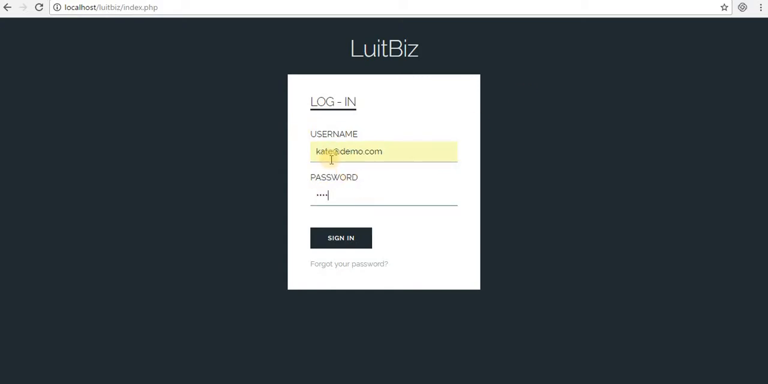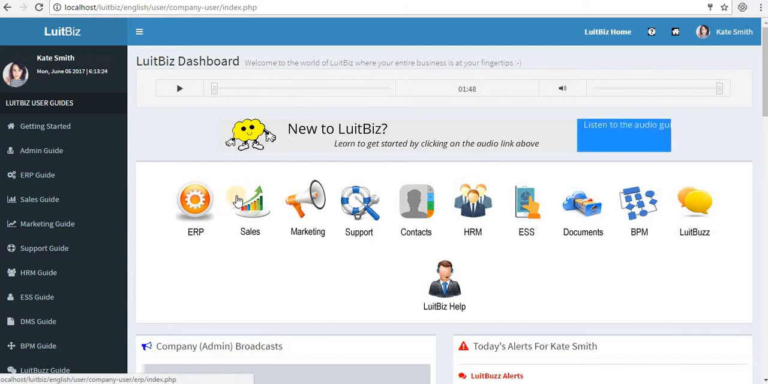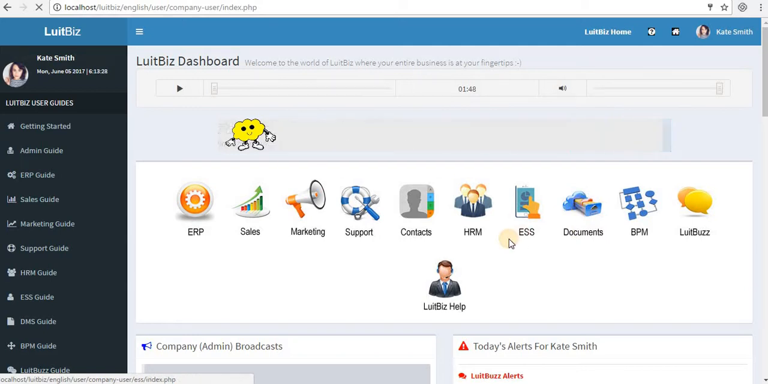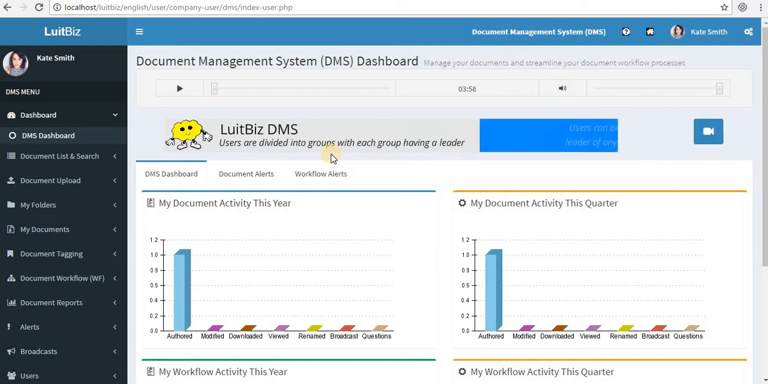Log into LuitBiz with your username, which is your email ID, and password, and sign in. You will see this screen, which is the home screen of LuitBiz, which shows all the different modules to which you have access. Click on Documents, since we are talking about LuitBiz DMS, and then you're led to the dashboard